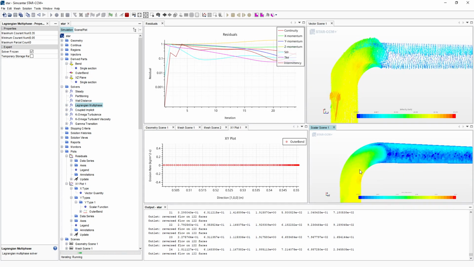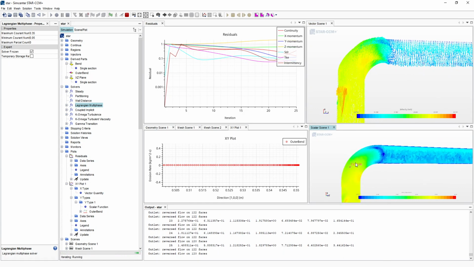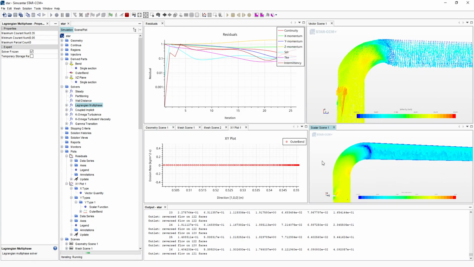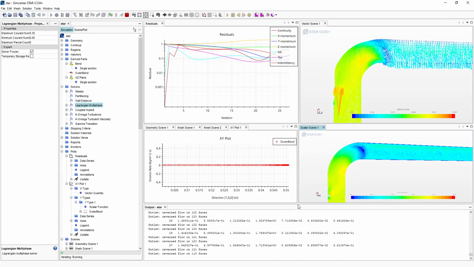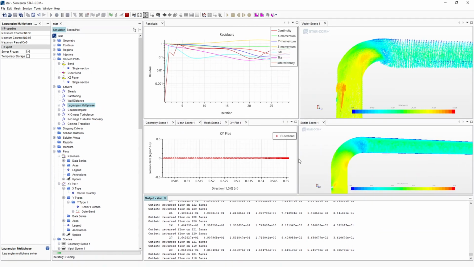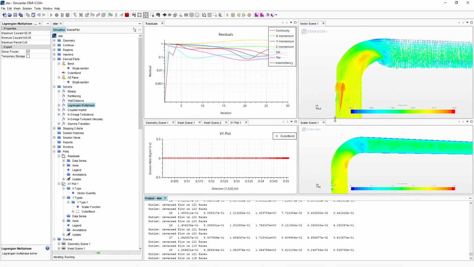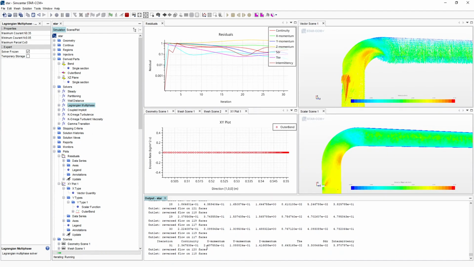So you can see how the solution changes in each iteration. We probably need to run this one for quite a while until we achieve